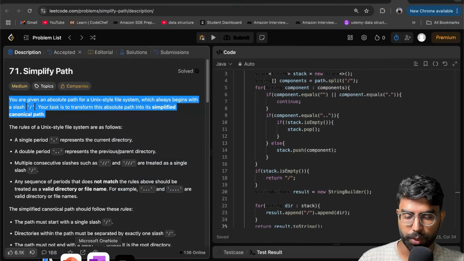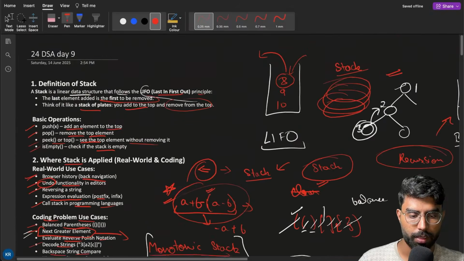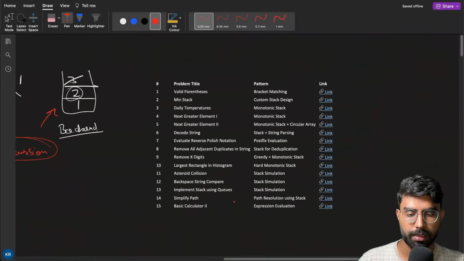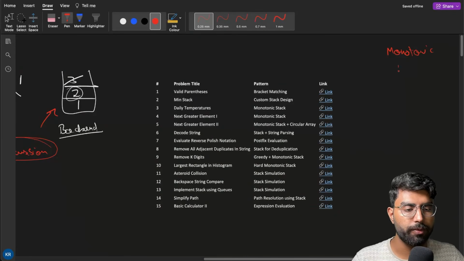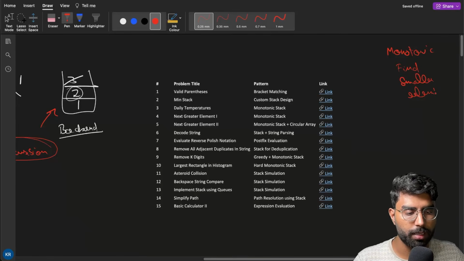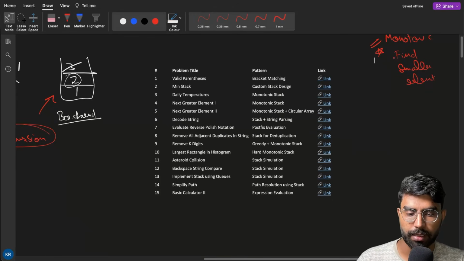So there are some questions you need to solve. First, try to solve this for monotonic stack, right? The find smaller element. Okay, this question you need to solve by yourself, and rest, these are the questions